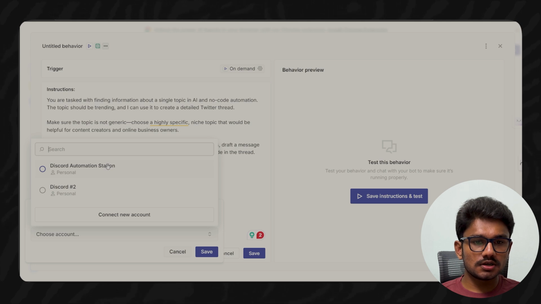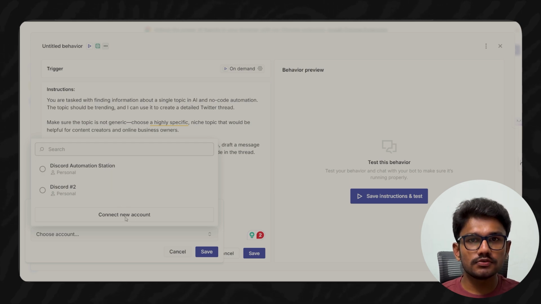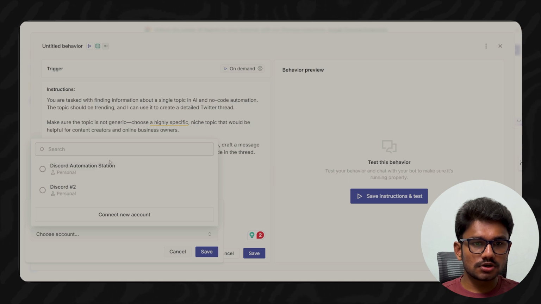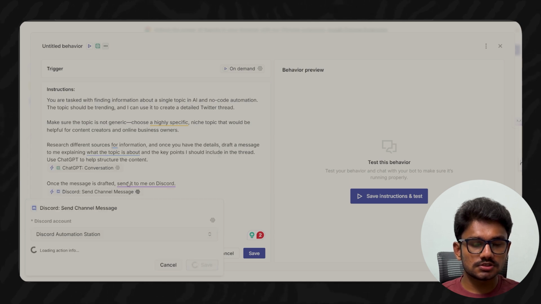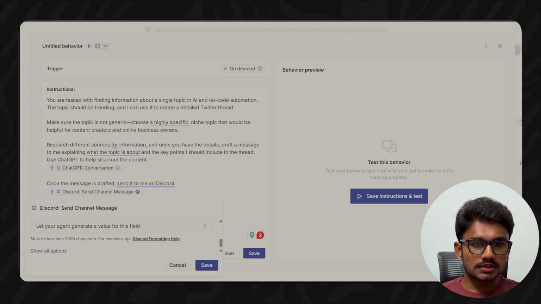If you did not link it, you can directly click on connect new account, and it's very simple, like how you log in with Google. You have to log in or give your authorization or permissions to that particular agent to send the messages to your Discord channel. So I'm just going to click on a Discord automation station,